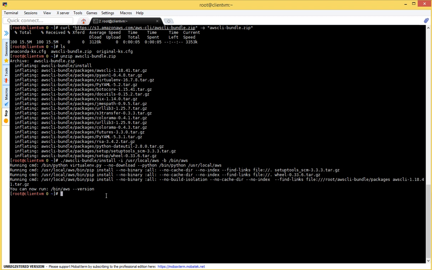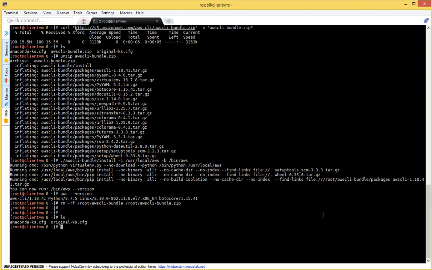Now as it mentioned here, we can run and check aws --version. You can see it has been installed, 1.18.41, with Python and Linux. Then we will clean up what we have downloaded. So let's see, we don't have it here anymore.